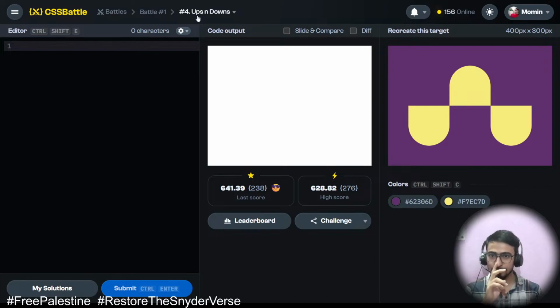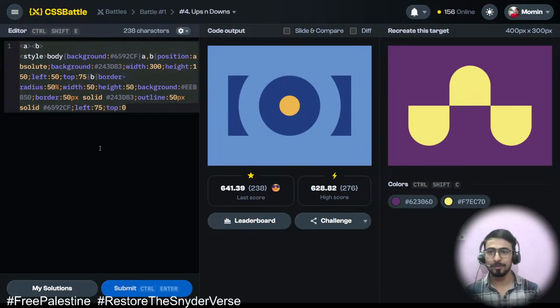So in this fourth CSS battle, "Ups and Downs", we need to create this, so that will be easy. I'm going to paste my previous code so that I can do it fast, right? So I need three. I will create one more block C, and the body background color will be this,